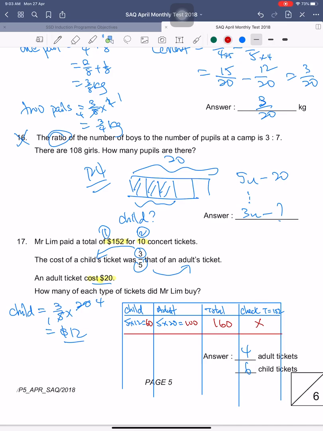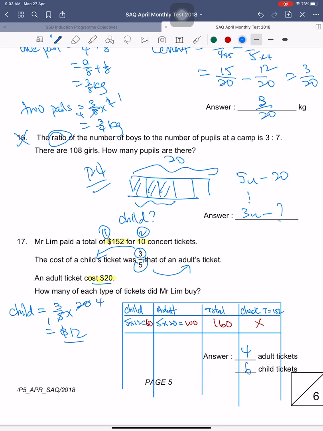So too many. Alright, too many. So let me use the color. Too many tickets for adults. That's why you've exceeded the 152. So you need to ask yourself, now which one do I decrease? Adult or child? If it's too much, then we have to reduce the adult, because the adult ticket is more